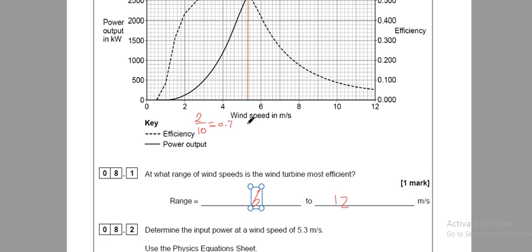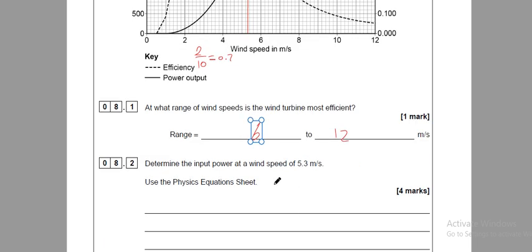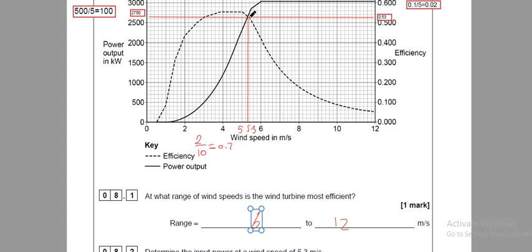So we expect 5.3 to be after the 4. Here is the half distance, so here is 5, and after 5 by 1, it will be 5.2, and half will be 5.3. So this line will meet the curve of efficiency at,